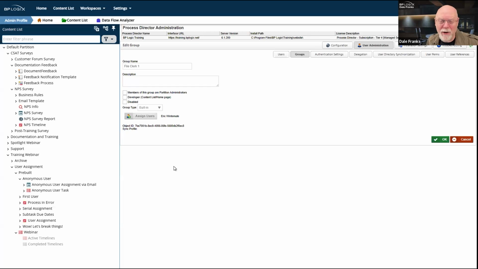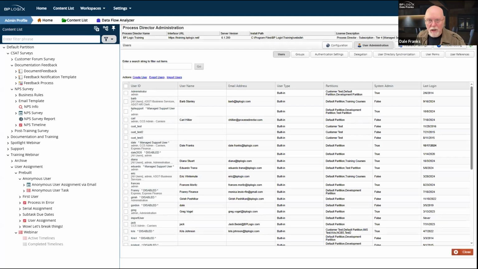And by the way, you can create as many groups as you want. Even if you have an Active Directory sync that is providing all of your Active Directory groups, you can create your own unique built-in groups in Process Director. They're not going to be affected by your Active Directory sync, and you could manage them manually and make whatever changes you need to make to them. But the advantage and disadvantage of this is that it requires system admin access, or at least IT admin access, to the user administration section of your Process Director installation.